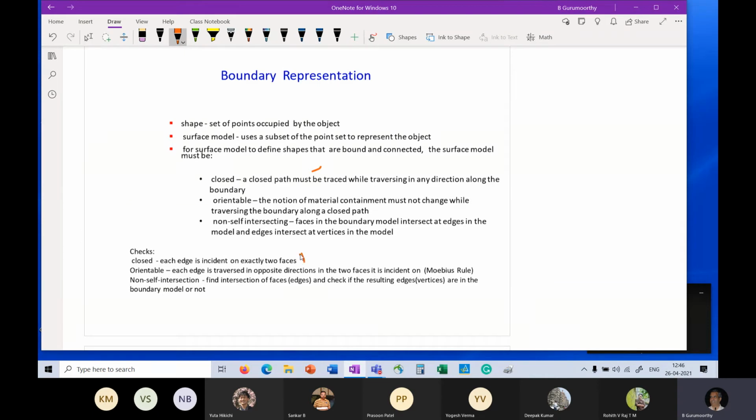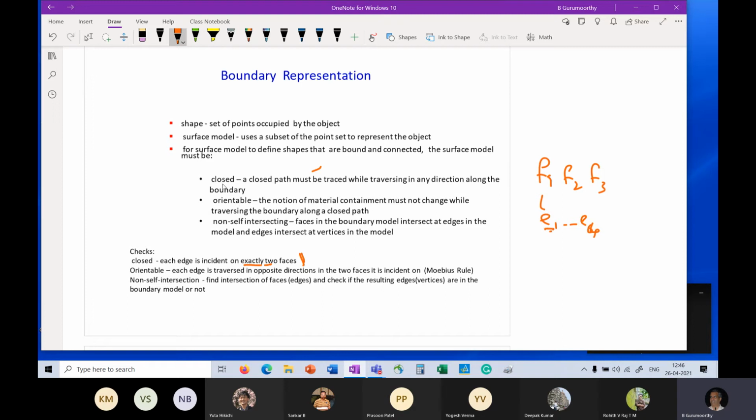The check is here, that each edge is incident on exactly two faces. That is easy to do because, for every face in my list, I have all the edges that lie on that face. And so I count once when I come here. Then when I come to F2 and I see E1, I increase the count to 2. And at the end of traversal of all the faces, every edge in my object must have a count of 2. Otherwise, I know I have a problem.